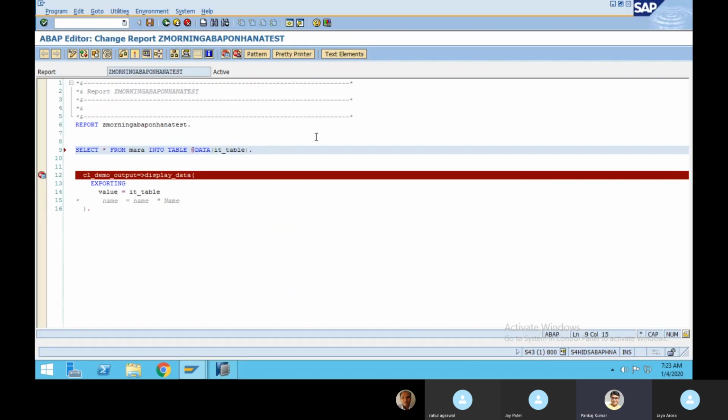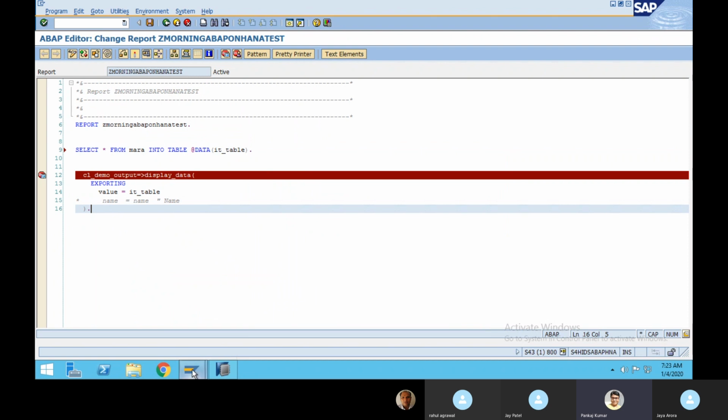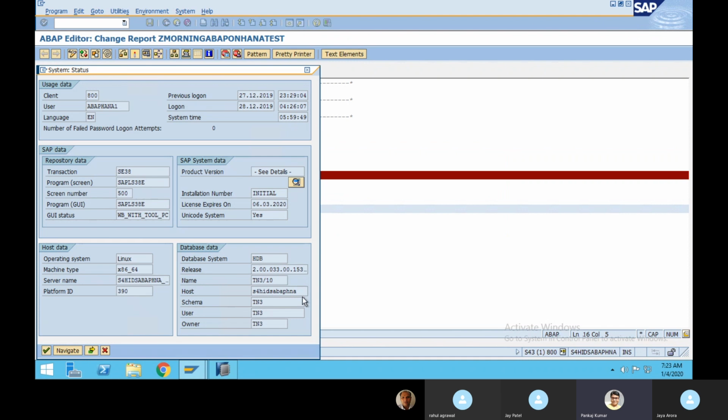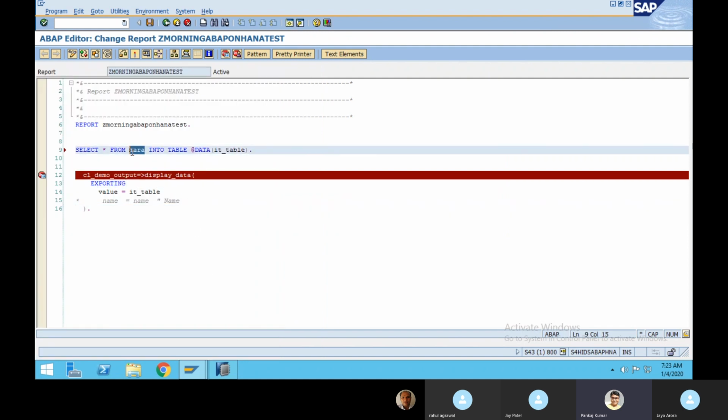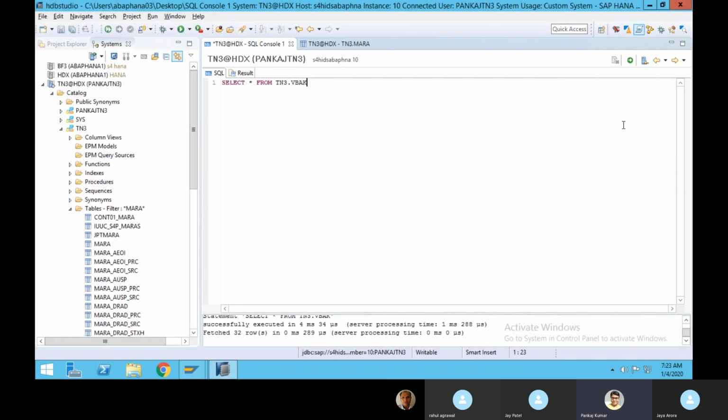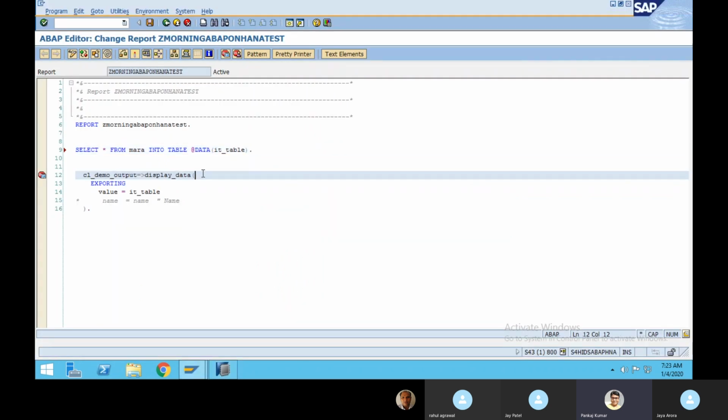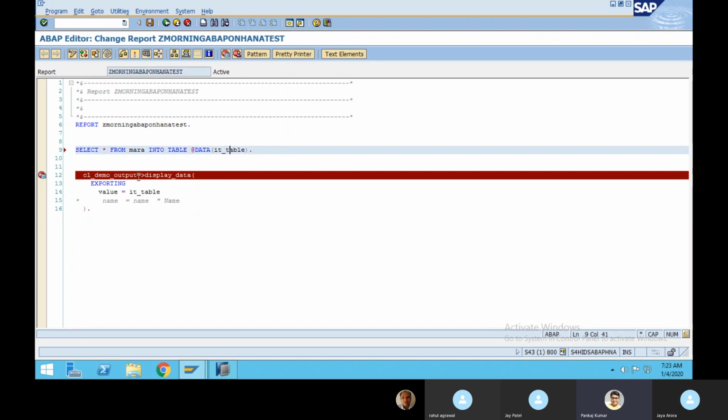It checks the schema name, finds that it is TN3, applies TN3 as a prefix, and after the dot puts the MARA table. The algorithm has been designed in that way. Fine, click on this execute button, you will be able to see the output. So this is the reason why it is not given.